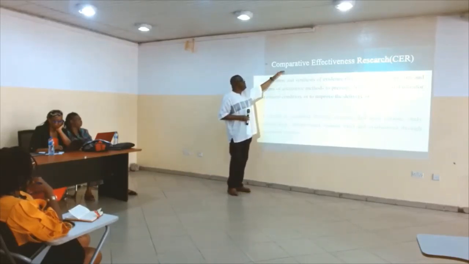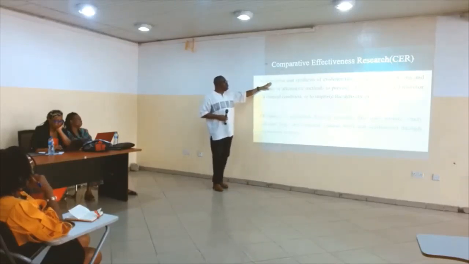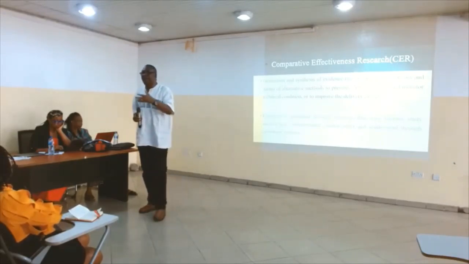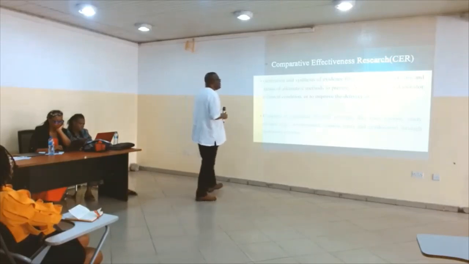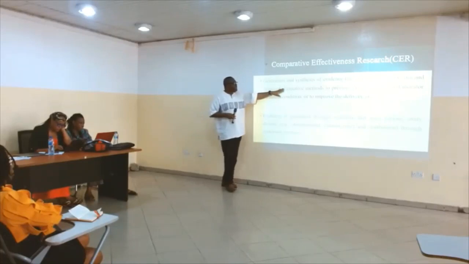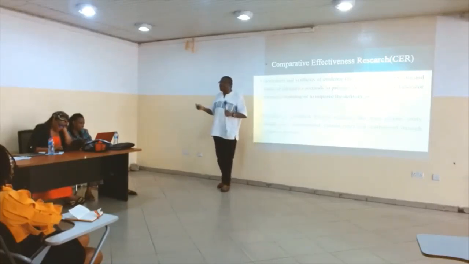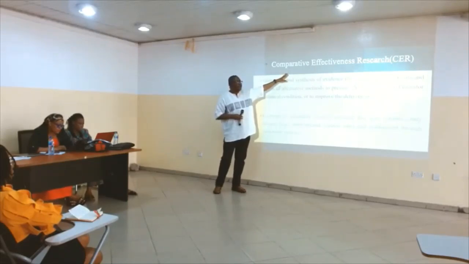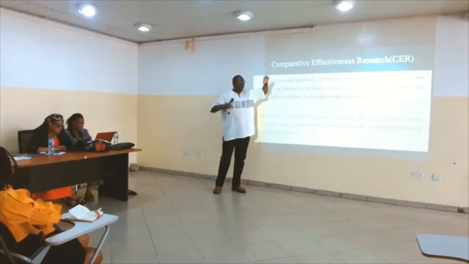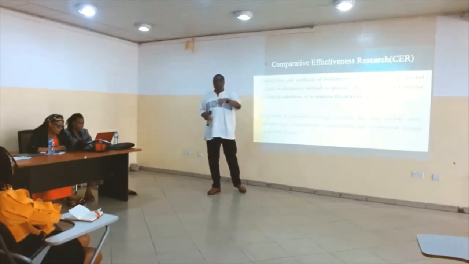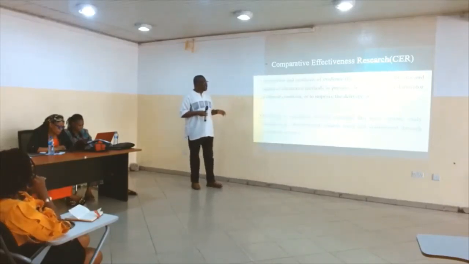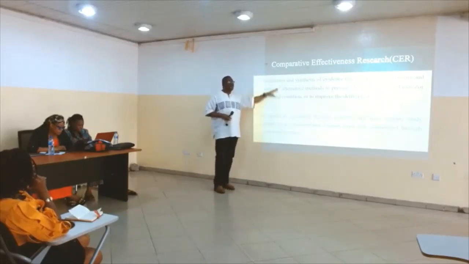What it means is that in a comparative effectiveness study, you will now do a synthesis of evidence from what people have done, both people who have done phase 3, phase 4. You will look at the pros and cons, and then look at other alternative methods of doing the same thing. And you are now looking at the cost implication of all of them. It's more like an economic method, not purely what you just sit down and do, but when other people have studied, you look at other alternatives of doing the same thing, and then compare them before the decision. You now use that evidence to arrive at a decision whether that particular product is worthwhile in terms of